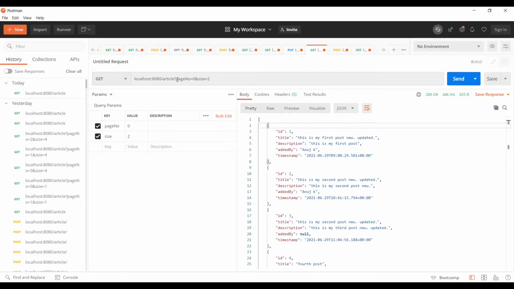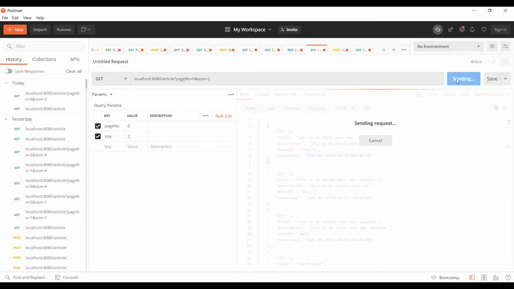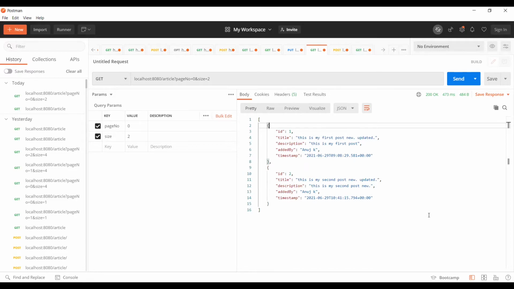Now I've defined our query params or request params, and page number is 0, that is the first page, and size is 2, that is it should give 2 elements in the list. One thing I missed is the sorting criteria. I have not mentioned in which way you want to sort it. By default it was placed in the database like 1 2 3 4 5, so it was giving the first 2 elements. So let's specify the criteria for sorting.